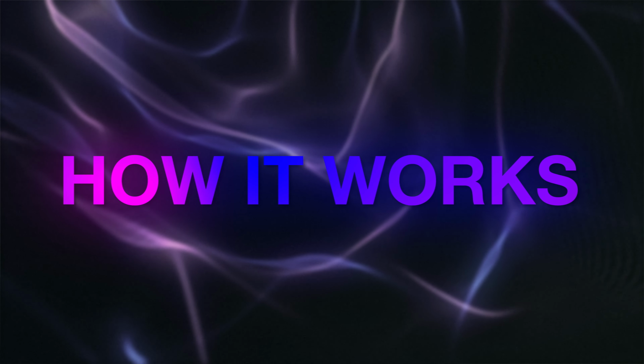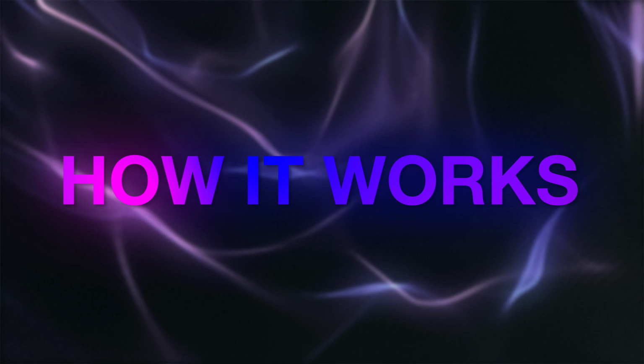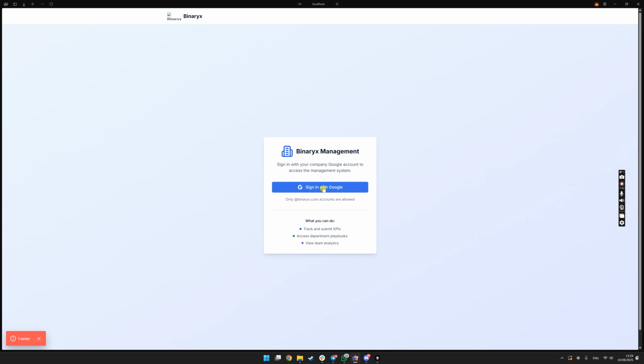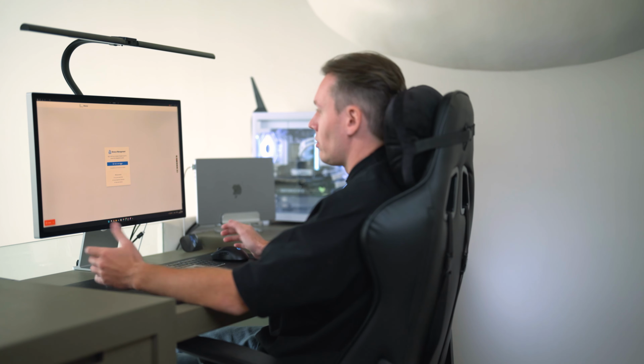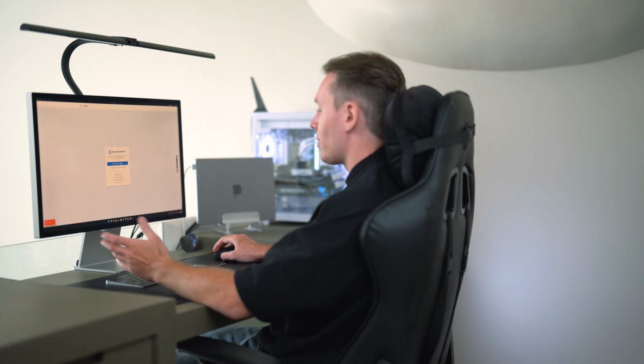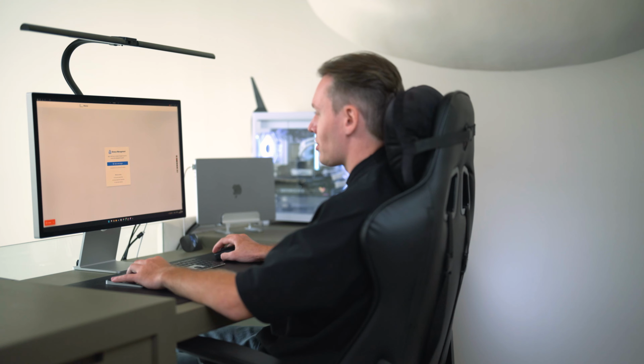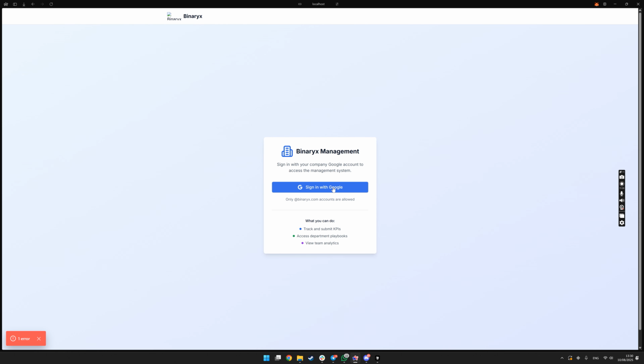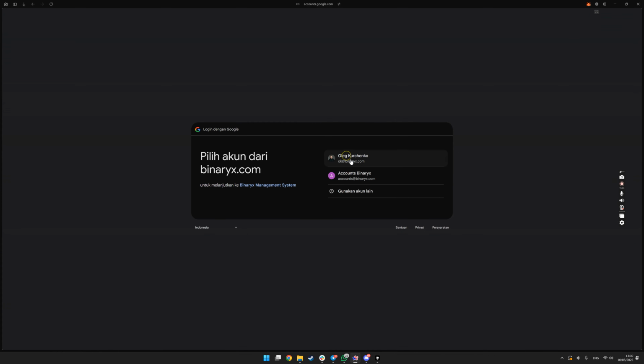But how does it work, right? First of all, it's connected with my G Suite, because I'm using Google G Suite for working with my company, and we use G Suite to maintain everything, because Google has a lot of useful tools for the company, not just email, but also Google Drive and so on, Gemini right now. I just synchronize the G Suite with the software that I created, with just a sign-in with my account.